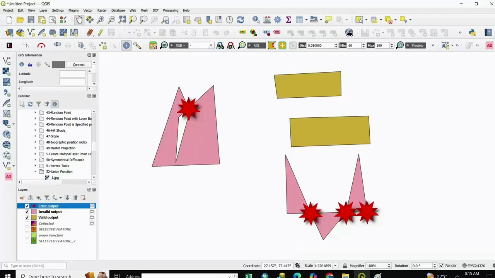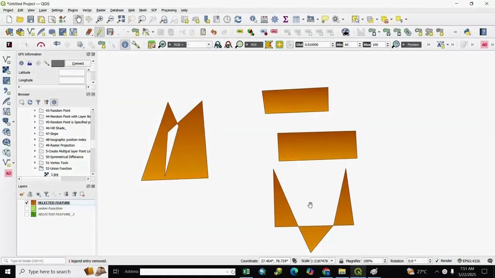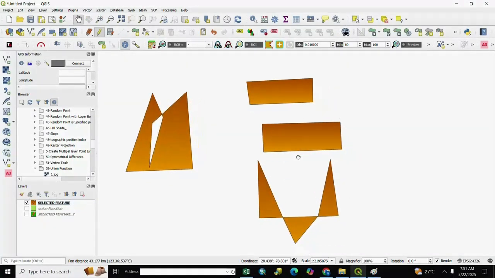So let's start. Here is our polygon, valid, invalid. So we check which feature is valid, which feature is invalid.